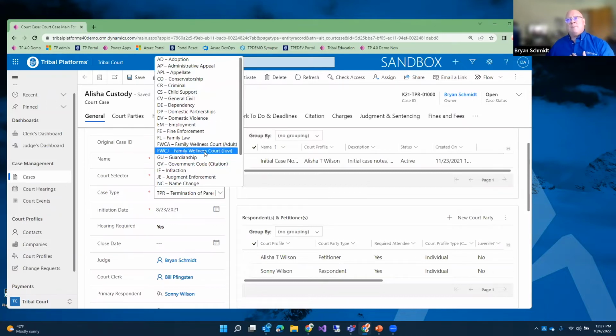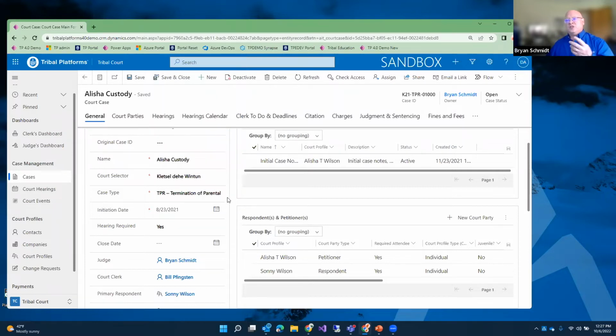So we've got some examples of case types that come out of the box, but we understand that your court handles maybe different cases like this and have different abbreviations for them. So this is designed to be configured for you and to match your business process related to each of the court case types. So there can be different steps and so forth and data that's collected based on that case type. And that's implemented through something we call business rules. You can set the case type, and then business rules behind the scenes can then enforce what data is required or hide certain fields based on that case type.